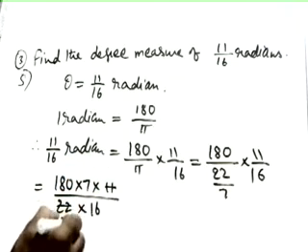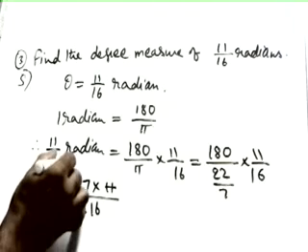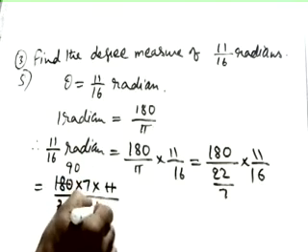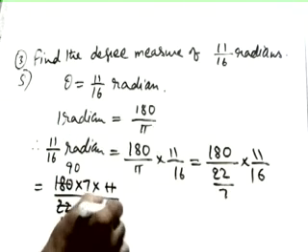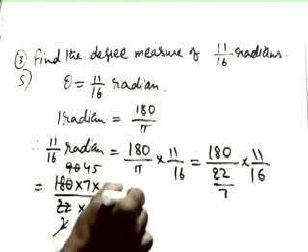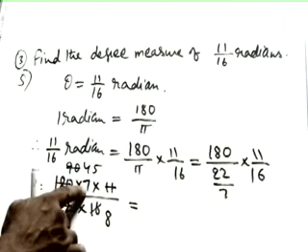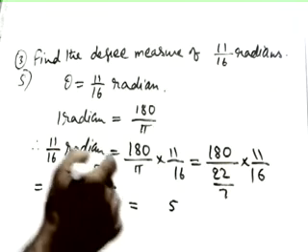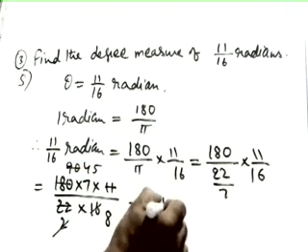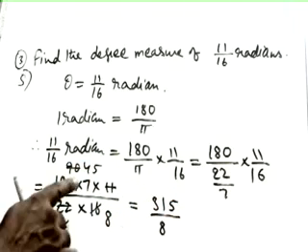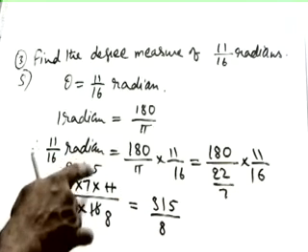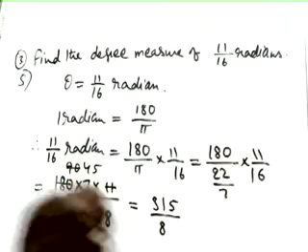Now let me cancel this one. If you cancel 11, 1s are 11, 2s are 22, 2 1s are 2, 90s are. Now let me divide this with 2, 8s are, 2 45s are. So now let me multiply this. 7 5s are 35 carry 3, 7 4s are 28, 29, 30, 31, so 315 by 8.